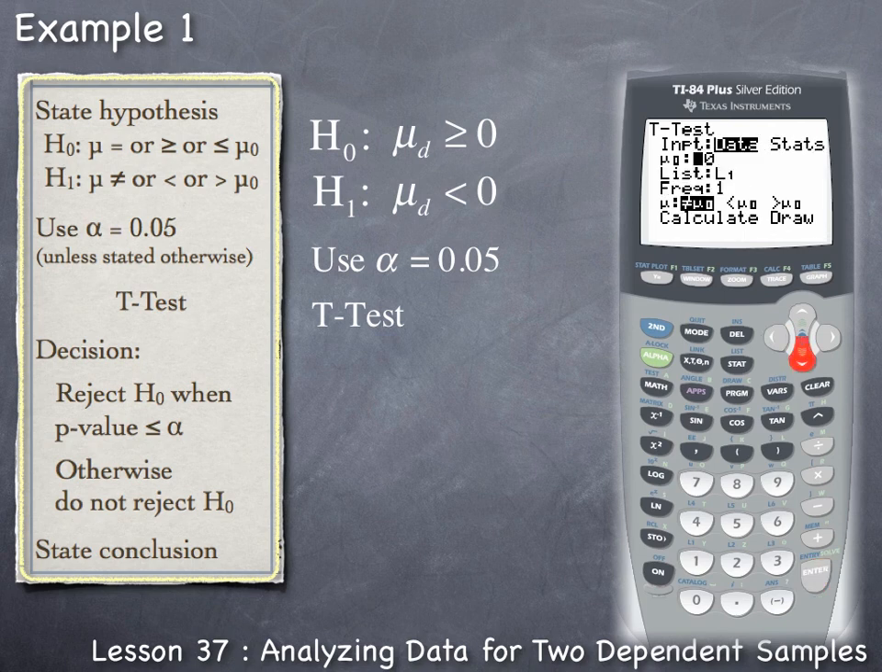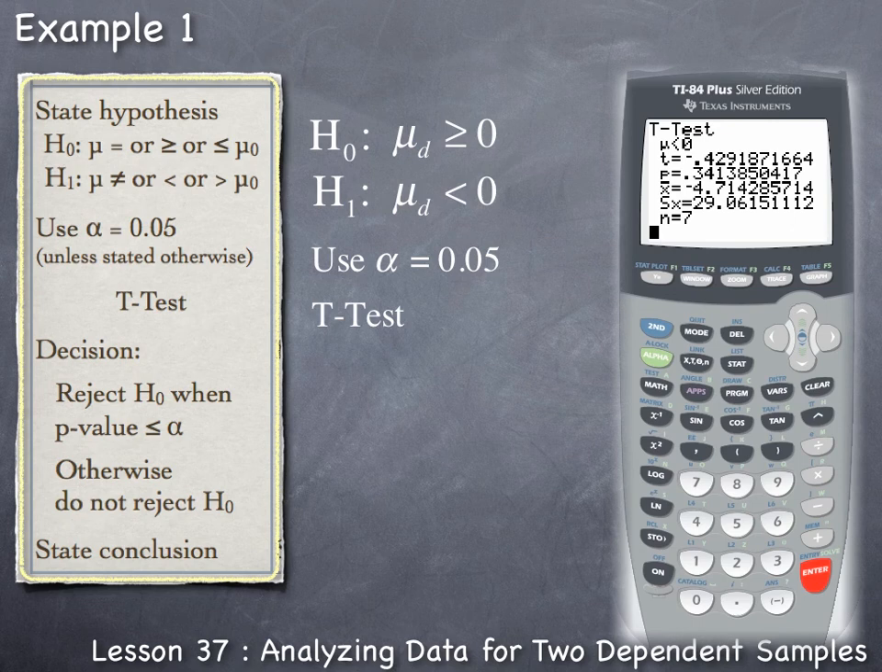Down arrow. Mu0 is the actual number that's contained in the hypothesis. In this case, the number is 0. Down arrow. List is the list we put the differences in, which was list 1. Freq was 1 because each data value came from one person. And the inequality in H1 is a less than. So I arrow over to the less than, press enter to select, and then down arrow to calculate, where we